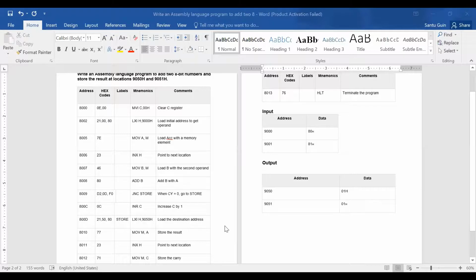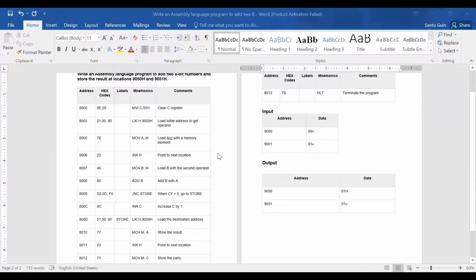Is it clear? Yes. So 1 bit is increased, not the full 8 bits. 8 bits equal 1 byte. If 1 byte were increased, all 8 bits would change. Is it clear? Yes sir.